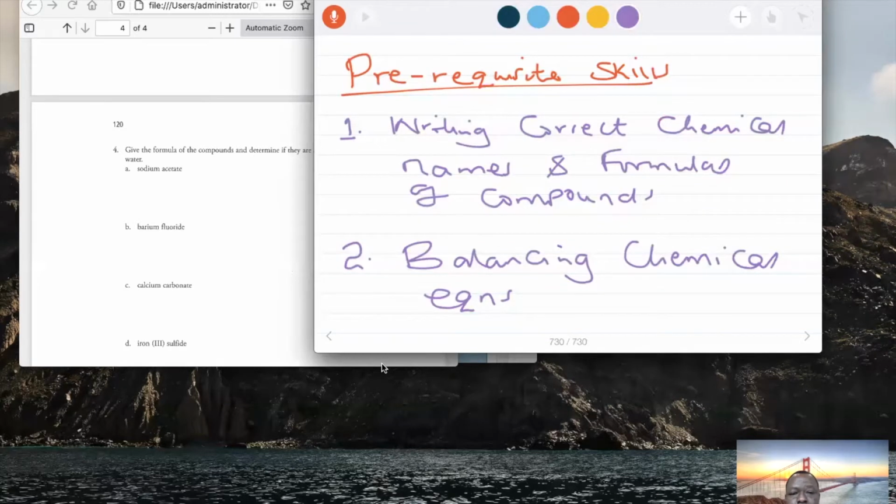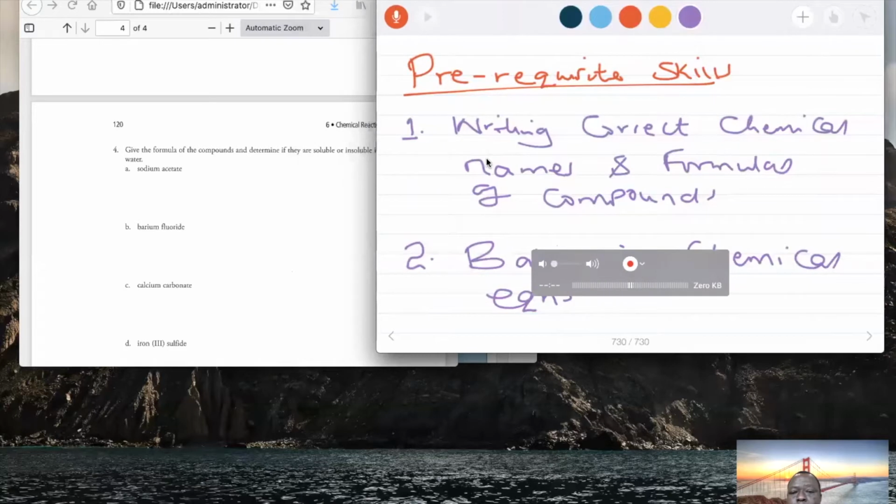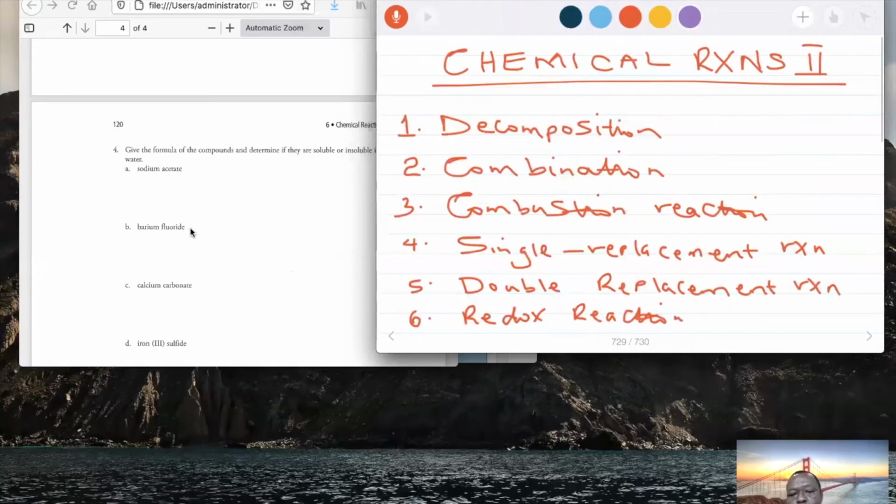I will not spend time looking at these two prerequisite skills. In chemical reaction 1, we looked at these types of reaction, which are coming back again. Decomposition reaction, you should know how it looks. Combination reaction, we talked about that. There is combustion. And today we will focus on single replacement reaction and show you how to use the activity series,